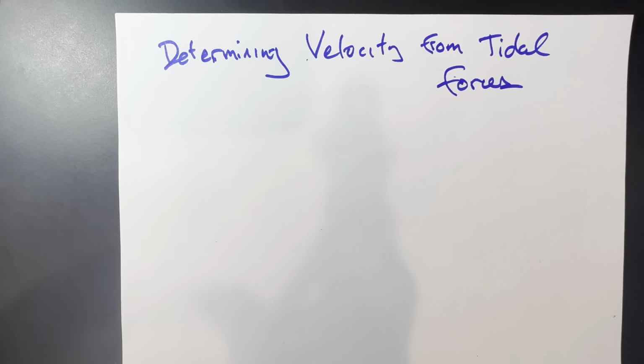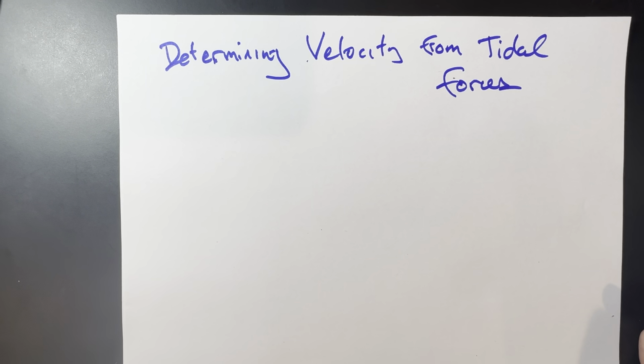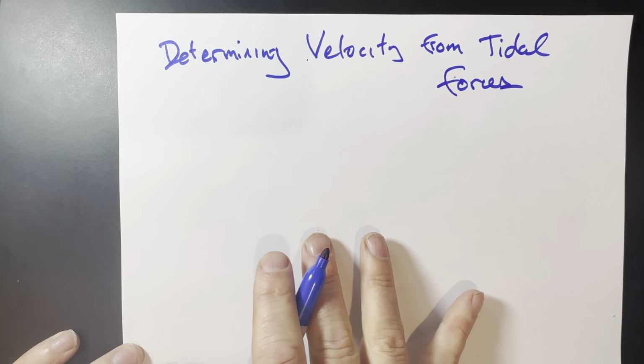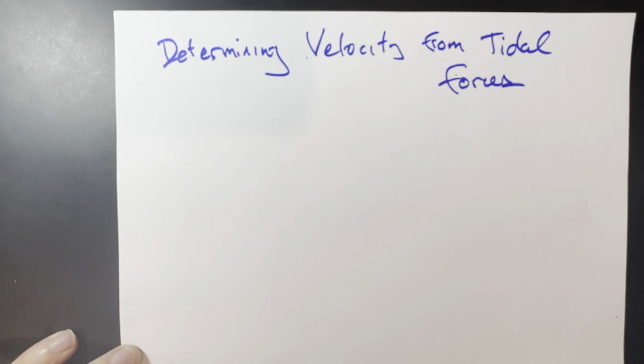Okay, I'd like to just go over quickly how to determine velocity from tidal forces. Now, this is how you do it if you were in an accelerating box, and you wanted to find out if you were on a planet, and you wanted to find out some information about that planet. But it's also something you could do if spatial acceleration caused tidal forces, then you could figure out your absolute velocity using this as well,